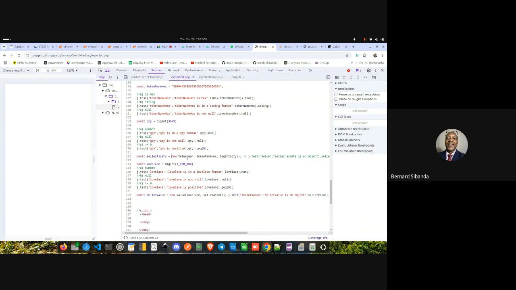So here, set new value for the seller assets. Ph token name hex. Come again.